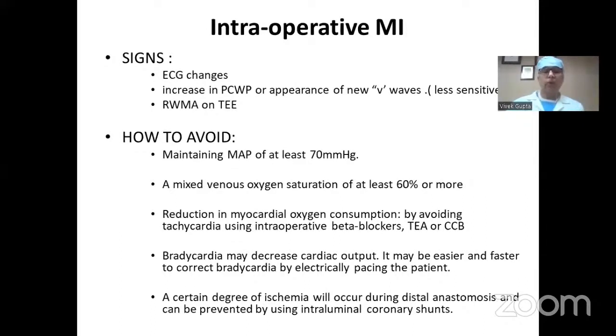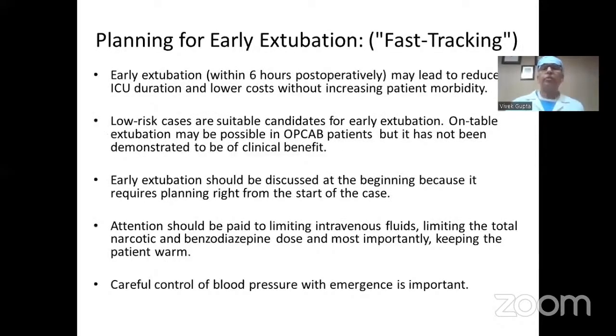So pacing is important to maintain the cardiac output. And whenever ischemia is happening during the distal anastomosis, a coronary shunt can be used to avoid ischemia during the grafting period. These patients can be planned for early extubation if they are hemodynamically stable and normothermic. So a low-risk patient can be easily extubated on the table,